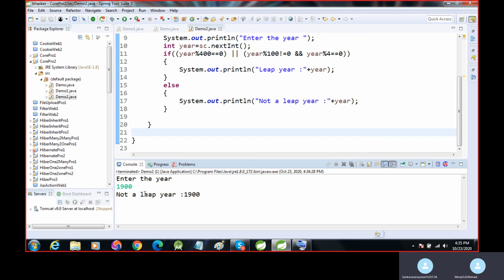The year should not be divisible by 100 and must be divisible by 4.